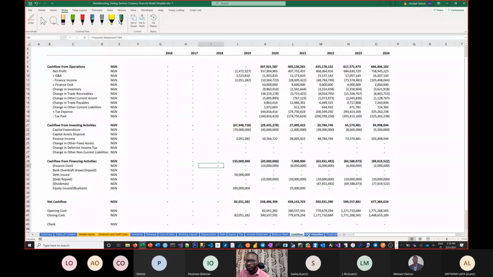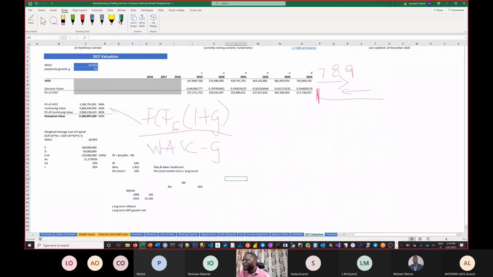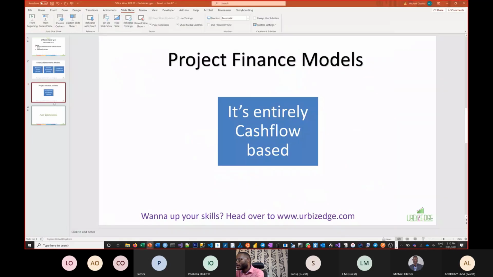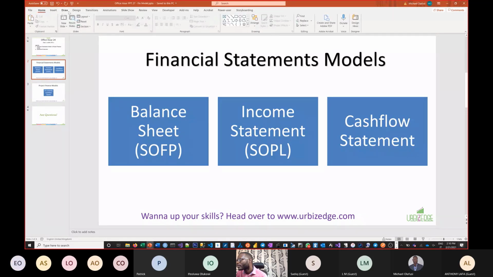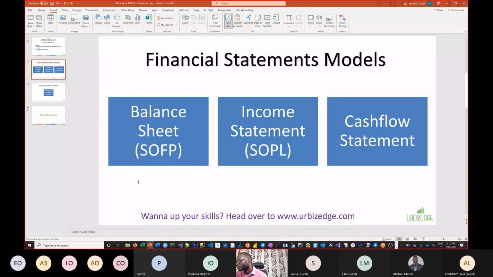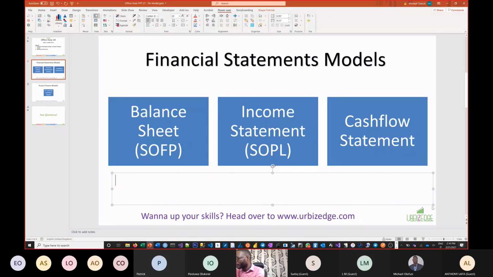Then if you want, you can go ahead and do a DCF evaluation or any other type of valuation you want. Now, let's talk about why you would want to do a financial statement model. So let's start with the why. I'm going to quickly insert a text box. So why will you do a financial statement model? The why is that